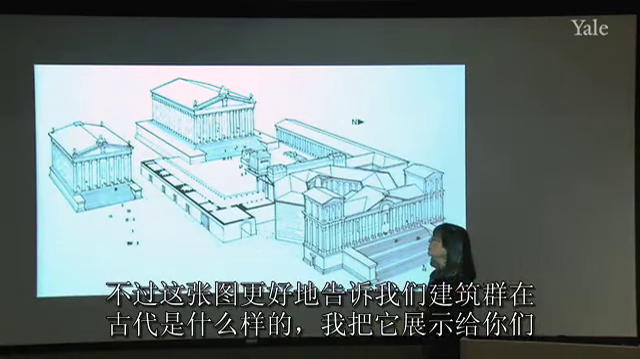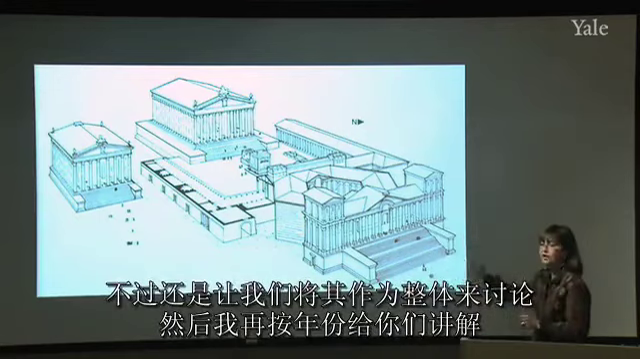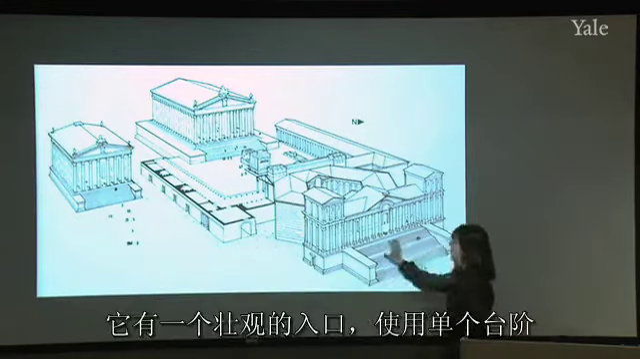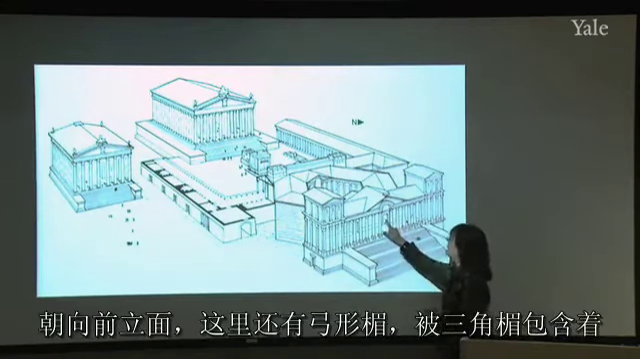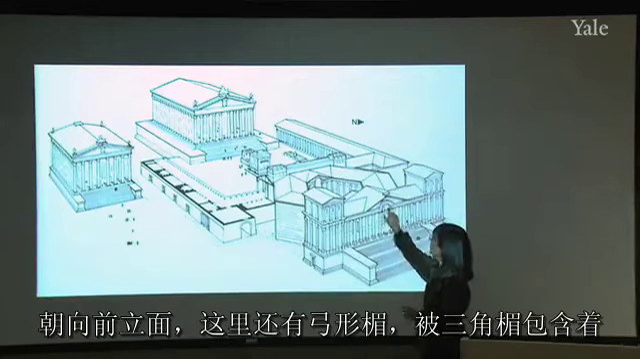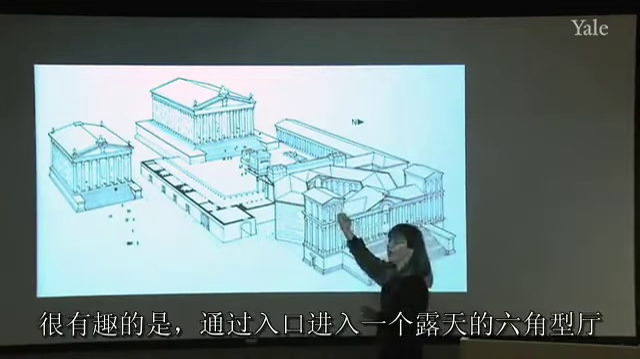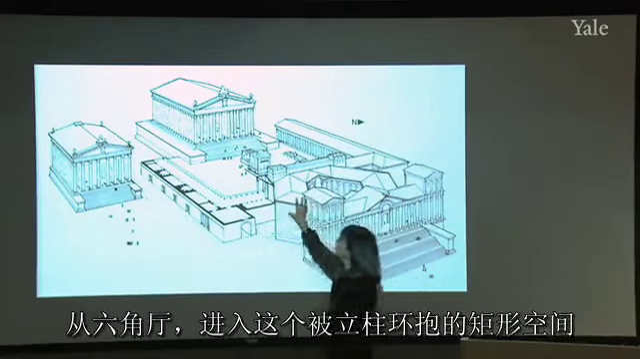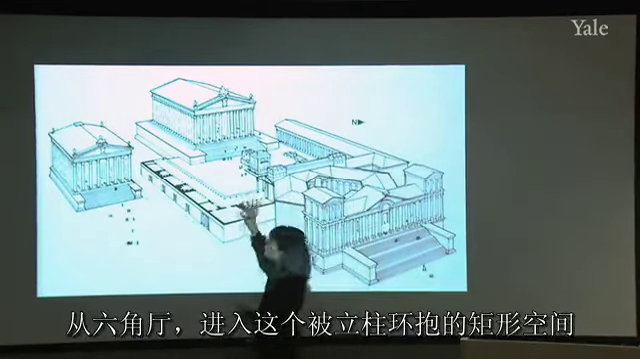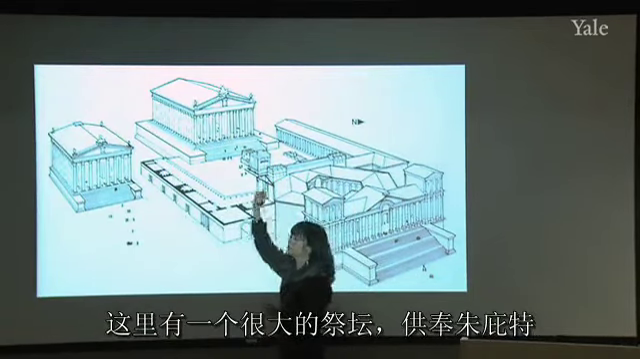And I show it to you here. Again, it was built over a series of years, but let's just talk about it as a whole, and then I'll break down the chronology for you. It had a grand entranceway with a single staircase, facade orientation, with an arcuated lintel here contained within a pediment. Then, interestingly enough, you went from that entranceway into a hexagonal court open to the sky. From the hexagonal court into this great open rectangular space surrounded by columns, a very large altar right here to